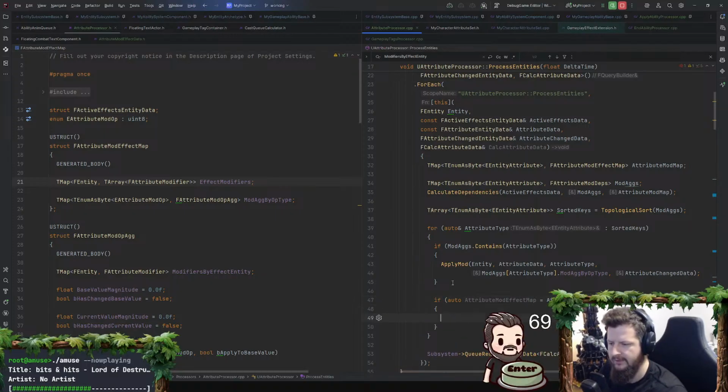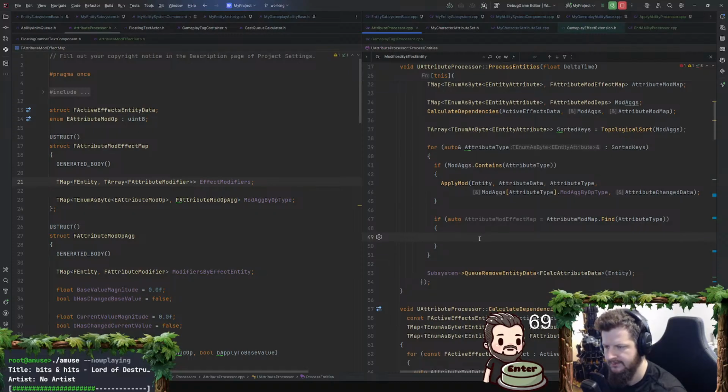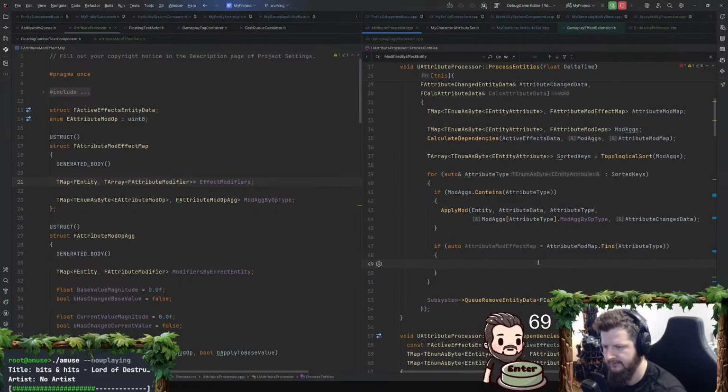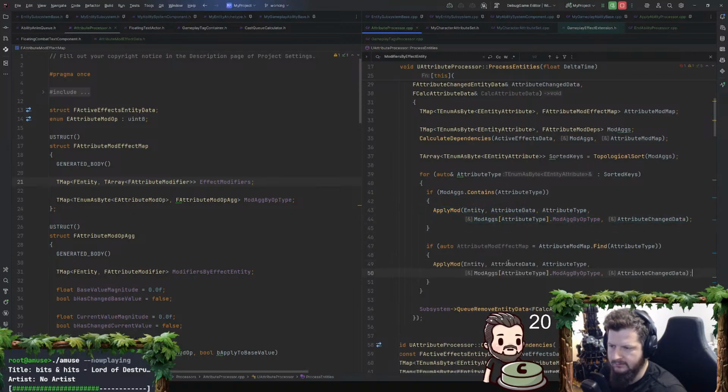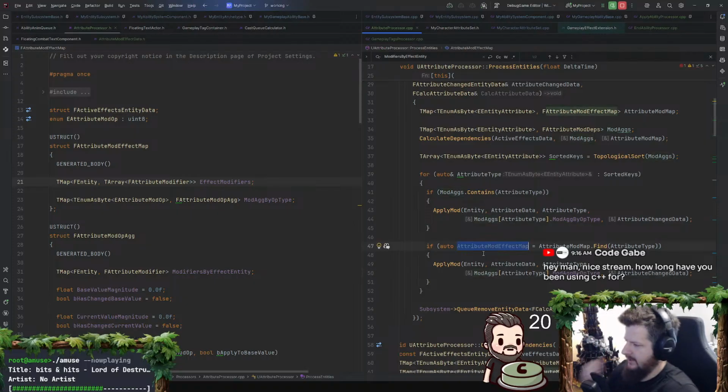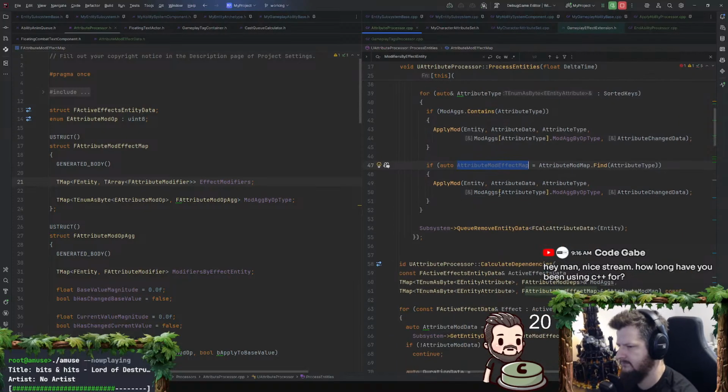So if this attribute is being affected, then we apply mod on it. I would think we would do that on it. Although attribute mod effect map now has effect modifiers and then mod ag by op type. So we would want to pass that in.